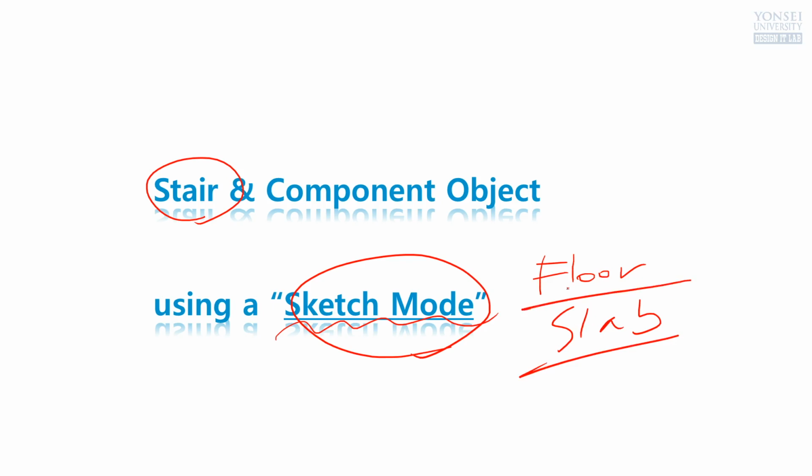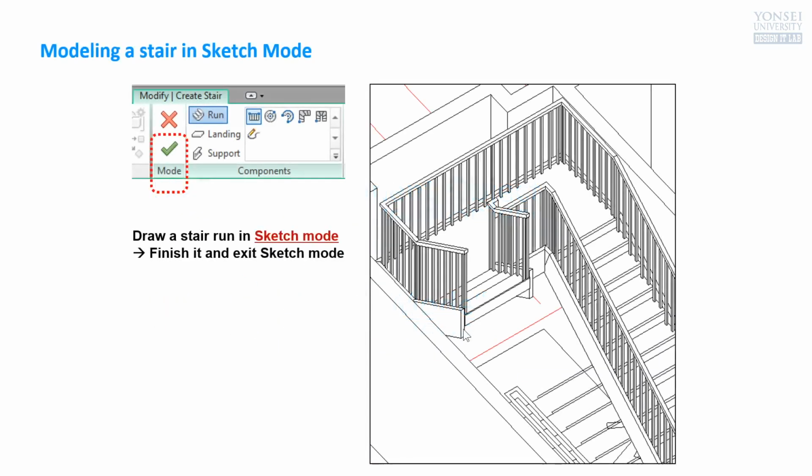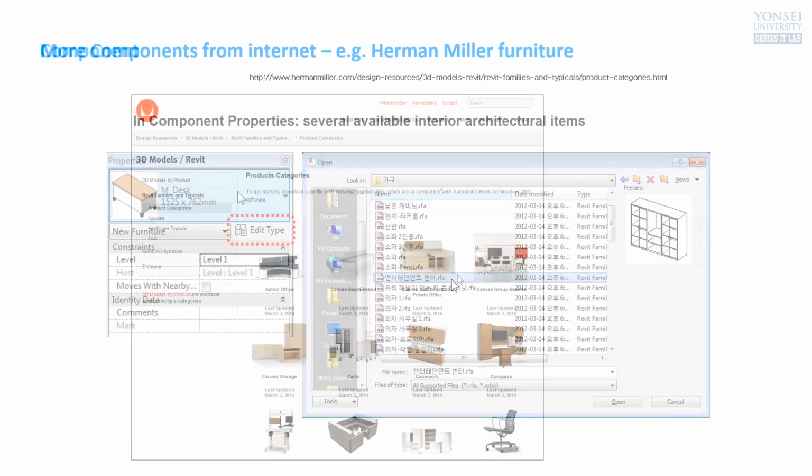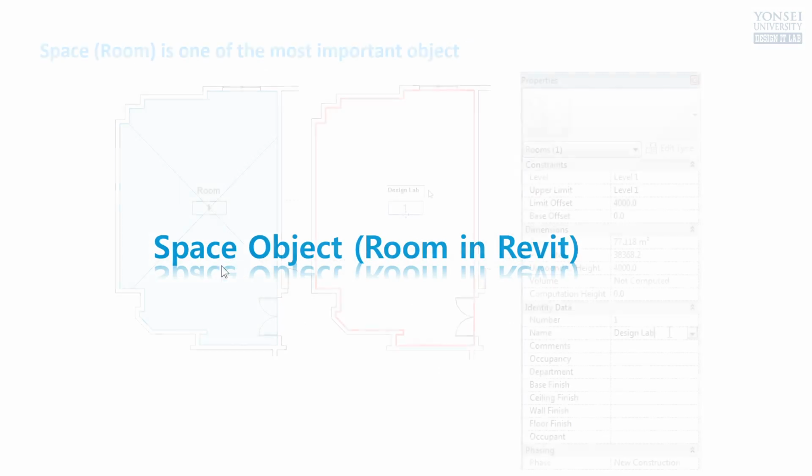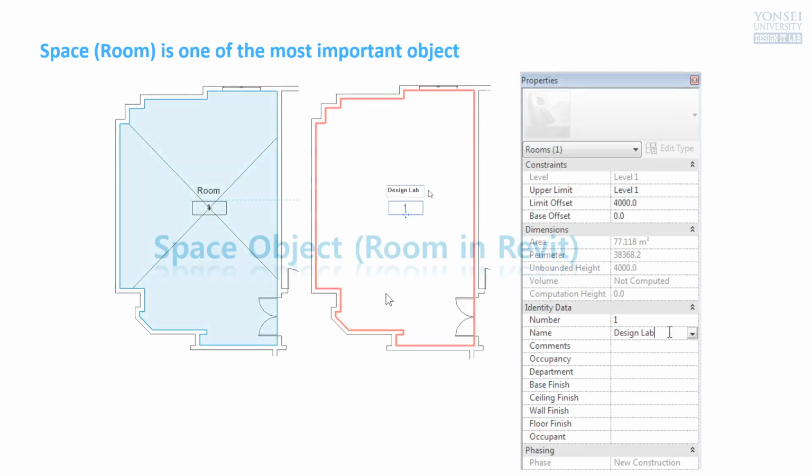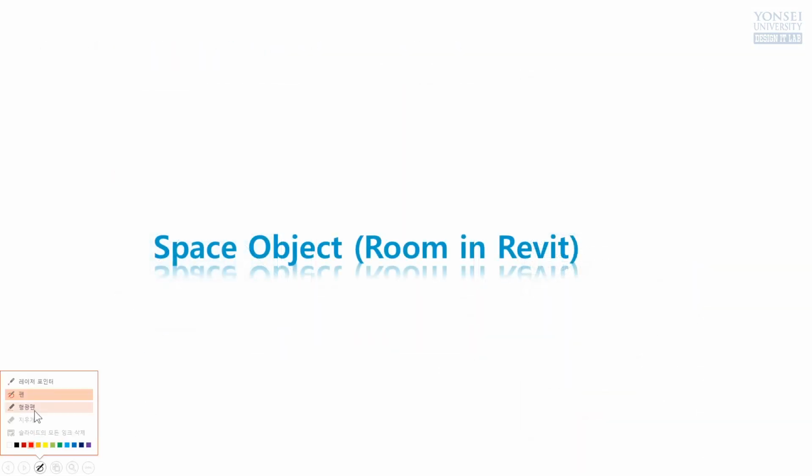If you want to draw floor or slab objects, you also need to use sketch mode. For stairwell, you need sketch mode. Okay, something like this. Some components, and in this sequence,